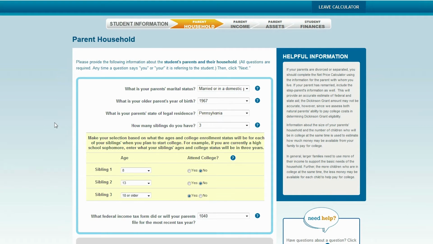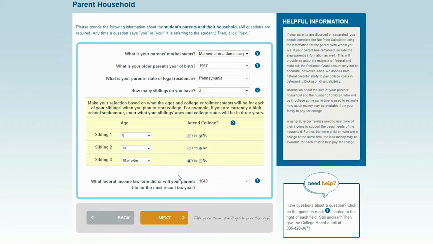I'm looking at my page 2. Now you can see it says parent household. We're now talking about parent information. Marital status, older parent's year of birth, state of residence, how many siblings do you have, and your tax form for the most recent tax year. With siblings and sibling ages, this is important because the number attending full-time undergraduate college does make a difference in your need-based financial aid. Dickinson does not count graduate or part-time students as family members in college when determining eligibility